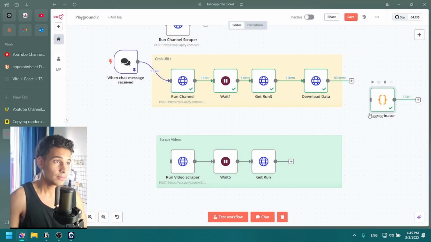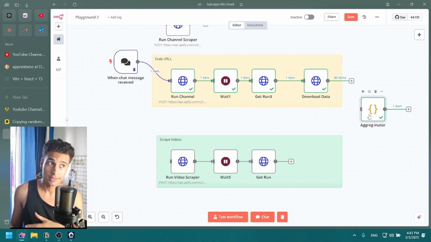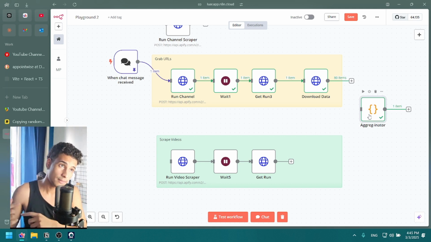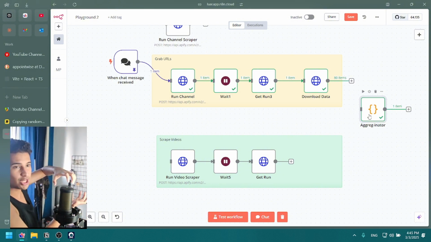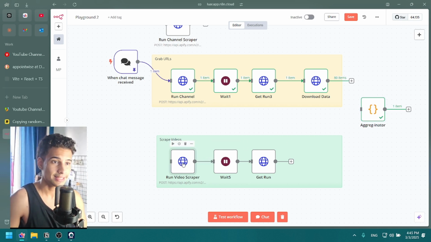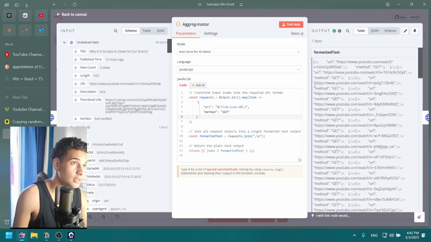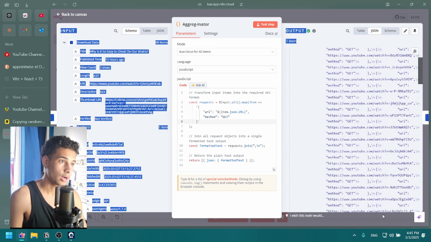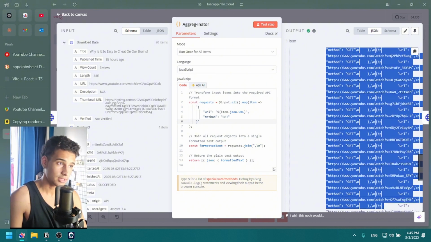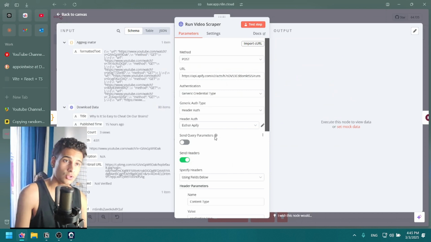The reason being, this code is going to get the URLs, like we scraped the URLs, right? So this code is going to get all the URLs from the thing that we scraped, and it's just going to smash them together so we can make this API call over here. Let me just connect this so you can see the output. The output is this. It's a JSON, and it's just a bunch of URLs from the channel. All videos in the channel are just crammed together in here